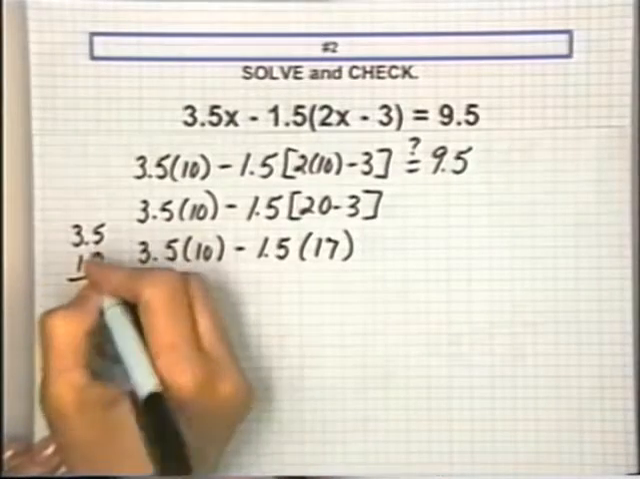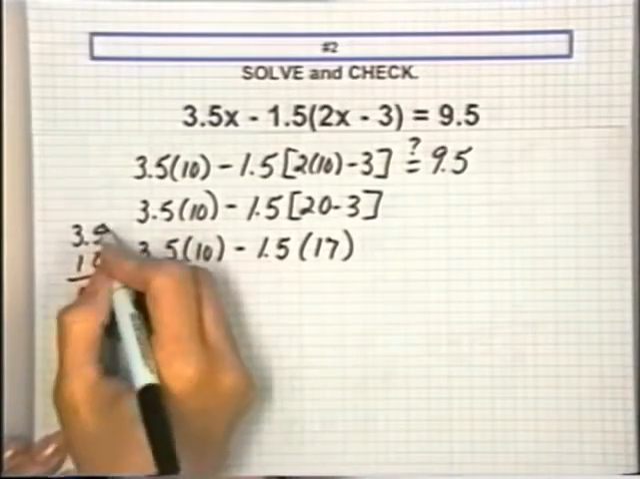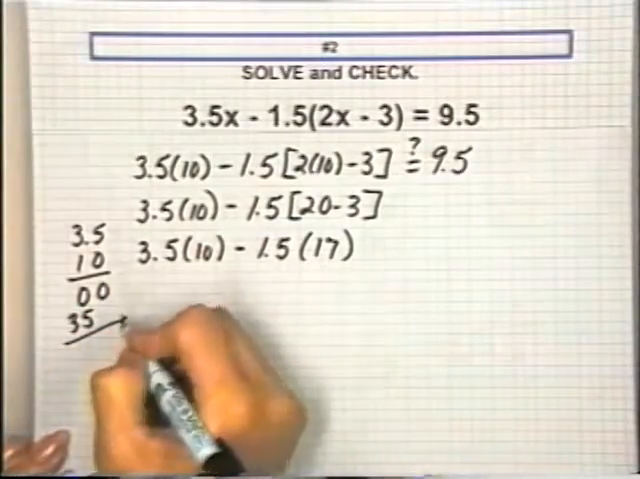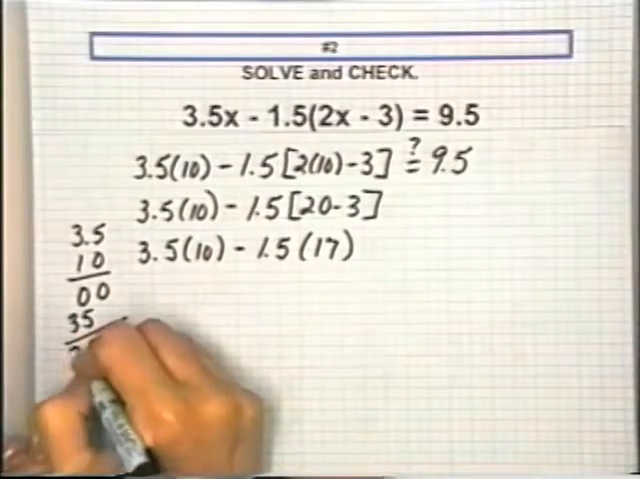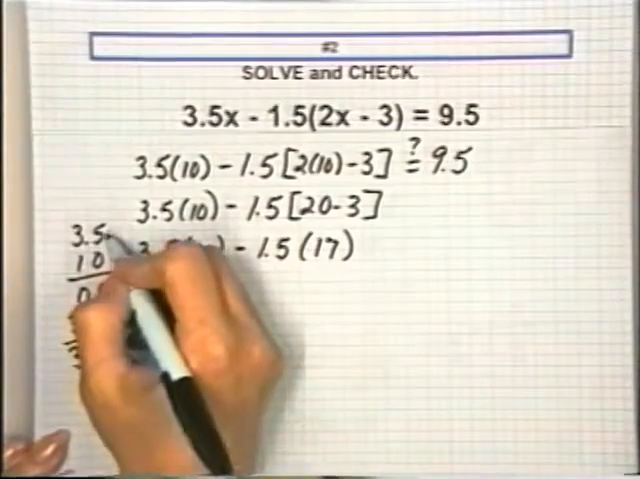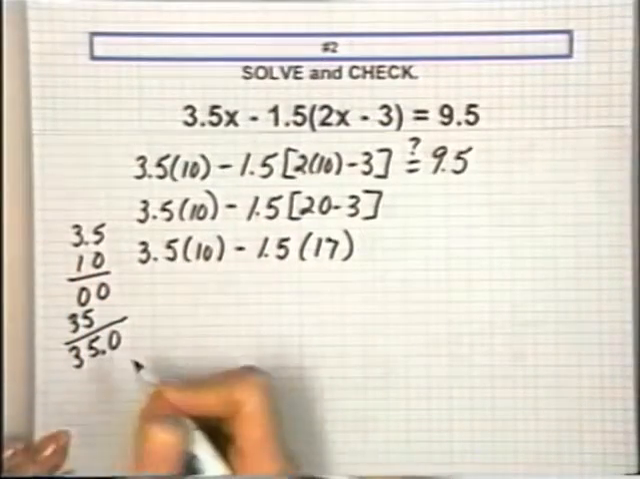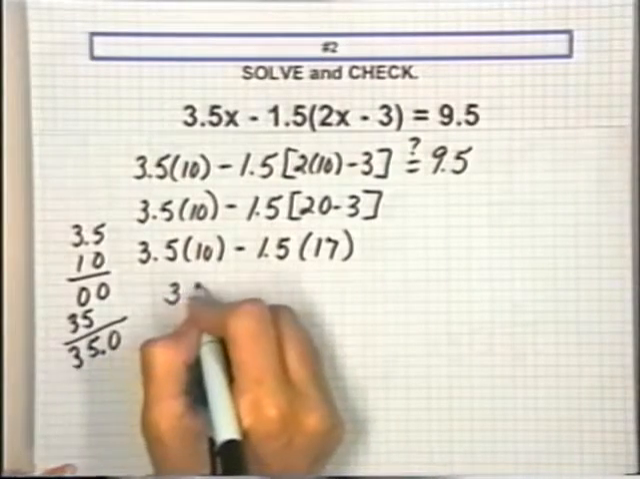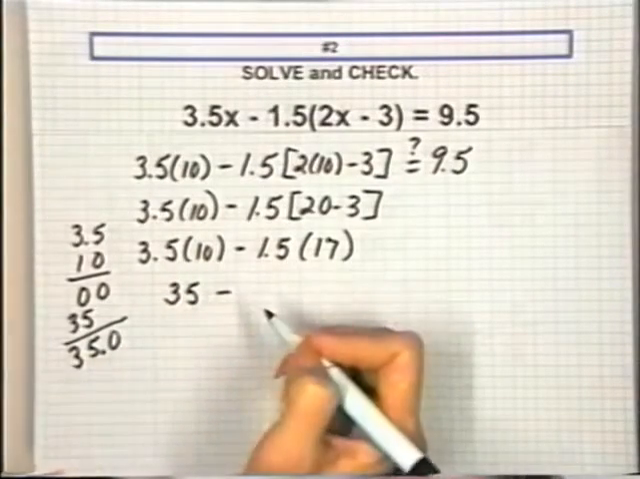0 times 5, 0 times 3, 1 times 5, 1 times 3. I'll have 0, 5, 3. There is one digit behind the decimal, so I will come across one place. 3 5/10 times 10 is 35. Subtract